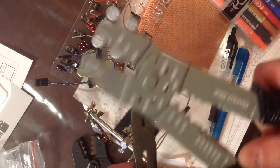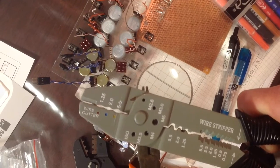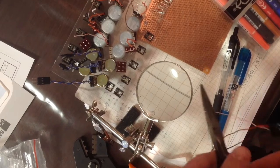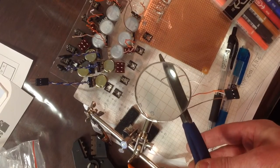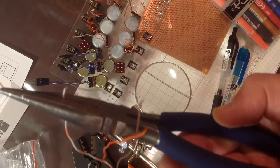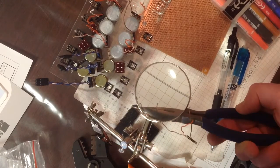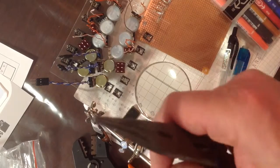So I pinch the wire, exposing a little bit of the end that is covered with the insulator, and then I take my stripper and just pinch it slightly and pull it off. Pull off the insulation. There's the bare end. The bare end will make the contact to the Molex. There is no soldering required with Molex, so you can do this anywhere, anytime, any place. And as long as you have your tools with you and your wires, you can just sit down and